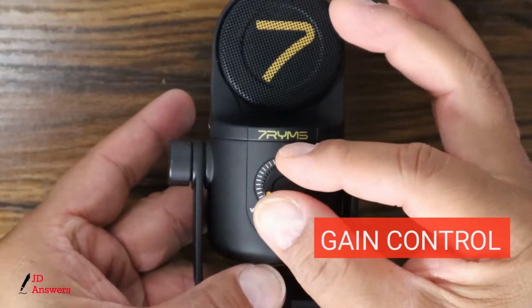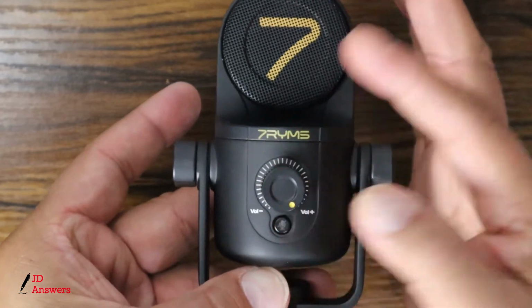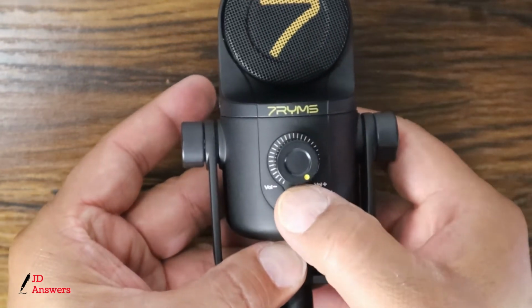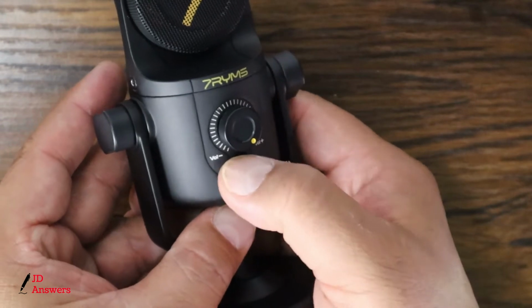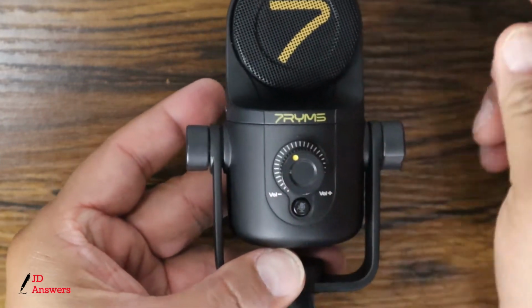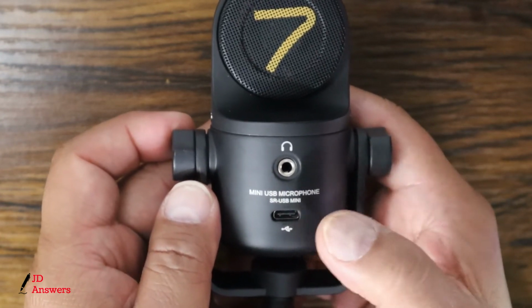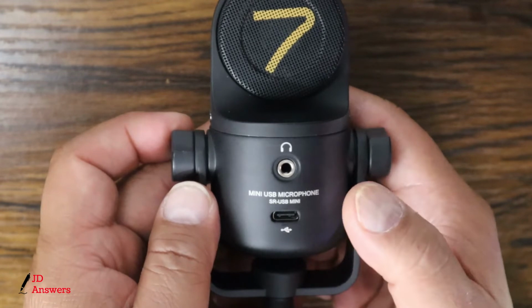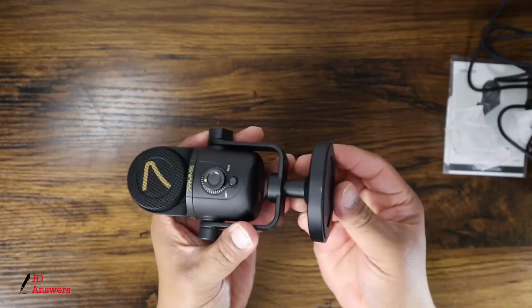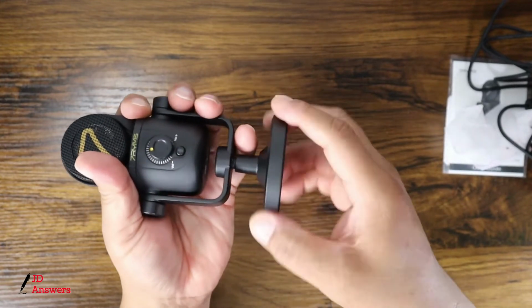And here's a volume control from low, and you can go all the way high, and right here is the mute button. You can hear that. In the back, you could connect your headphones, and here is your port for your Type-C connection, which goes to your computer. Right, now the bottom base can be taken off just by simply unscrewing it,